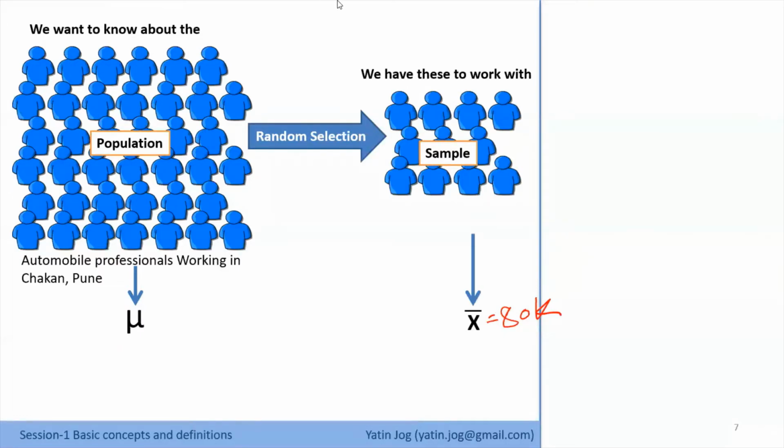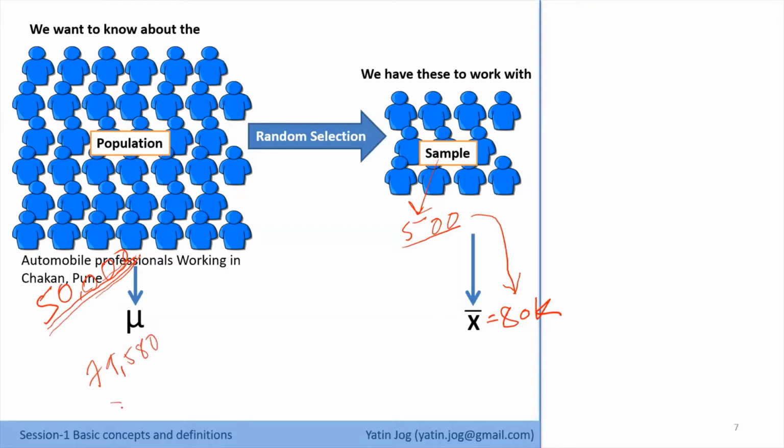Fine. So when I say average salary of automobile professionals working in Chakan Pune, I know that the actual size of the population is 50,000. We said that there are 50,000 professionals, out of which I have selected only 500. And this 80,000, which is the average, is of these 500 members who are part of my sample. In reality, if I go ahead with a team of 20 members to collect data from all 50,000 participants who are part of my population, and then calculate the average salary,